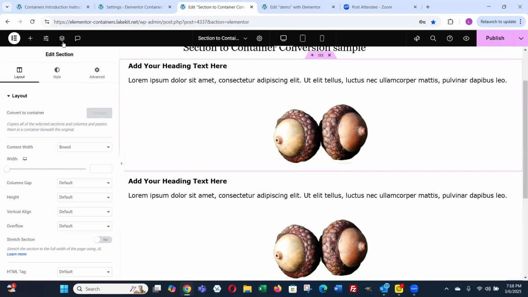And let me show that a little bit more completely by looking at the structure, which is hidden behind the images here. How do I get rid of that? So you can see we have a section on the top and a container on the bottom.